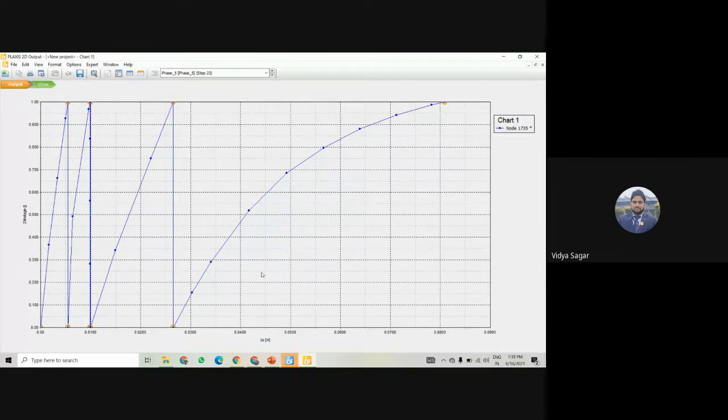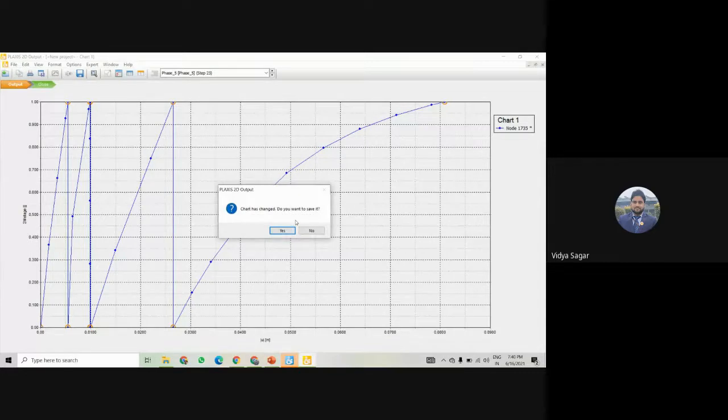For each stage, the parameter changes from 0 to 1. First it is changing from 0 to 1 in the first stage, then coming back to 0, then again 0 to 1, second one, this is the third one, and this is the fourth one, right? And the decreasing slopes of the curve in the later stages indicate that the amount of plastic deformation is increasing. So this means every stage has a different load versus settlement curve, which starts again from 0 to 1, 0 to 1, right? So with this we can create the curve also.